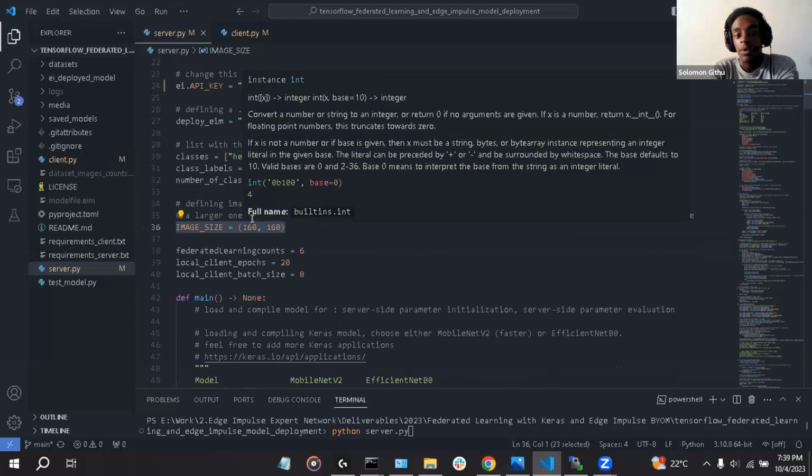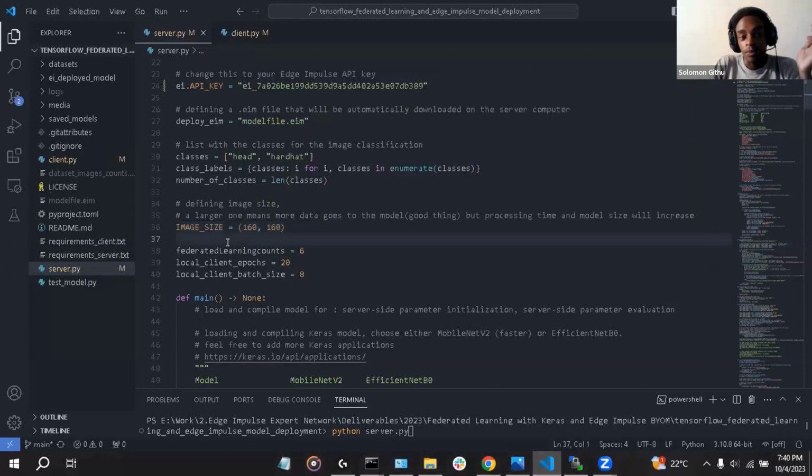And this image size worked well for me. Note that there is a trade-off between the image size and the performance of the model. In some cases, if you use a smaller image size, it will mean that your model will run much faster, because a smaller image means that there is less data for the computer to process.